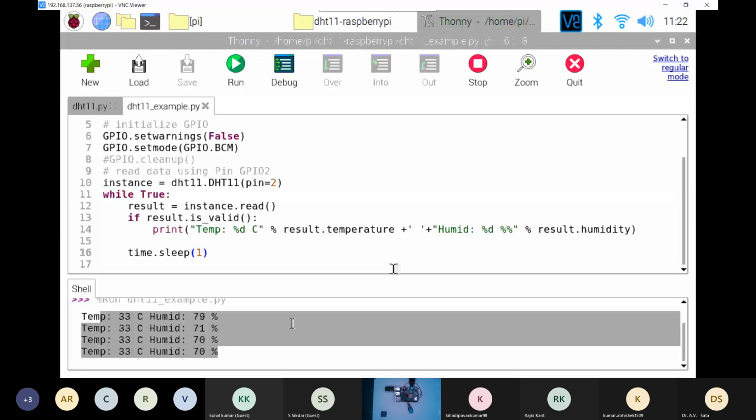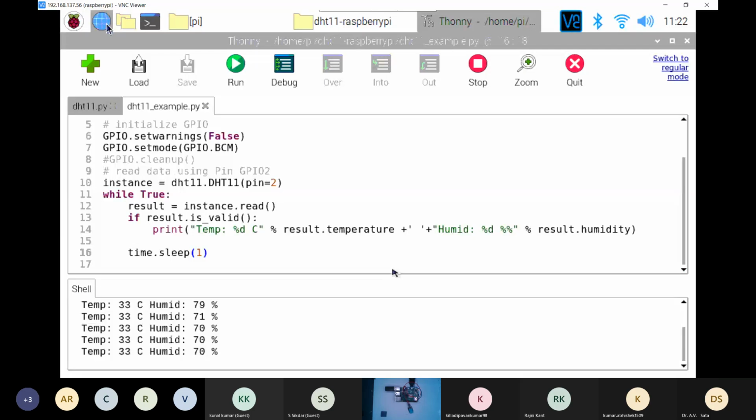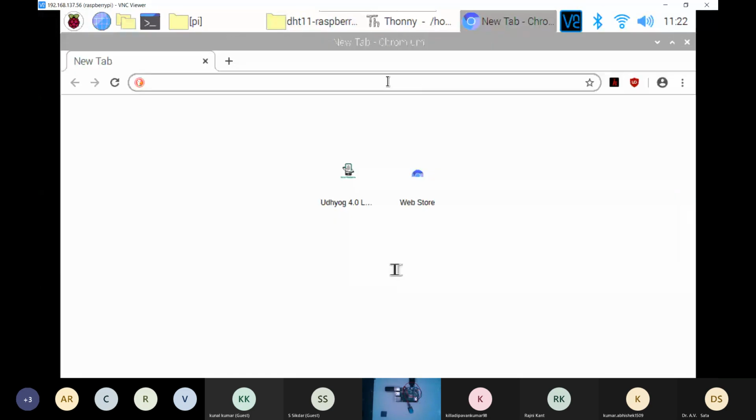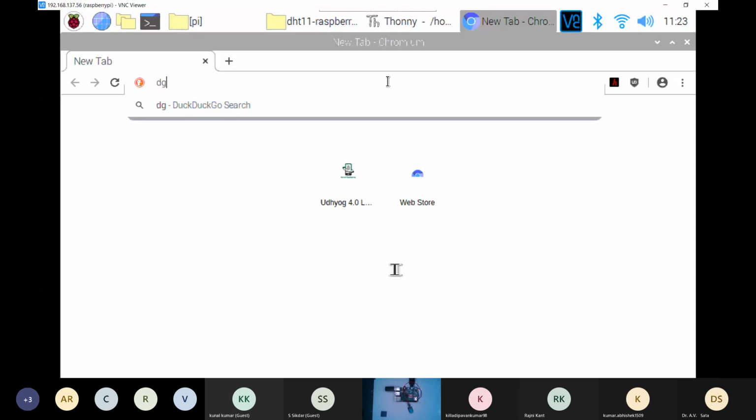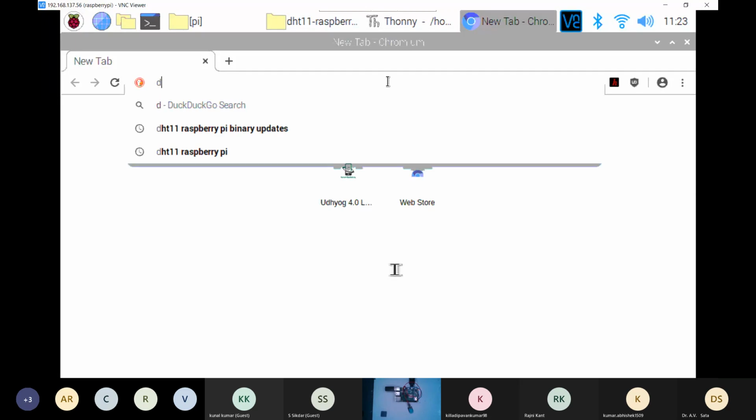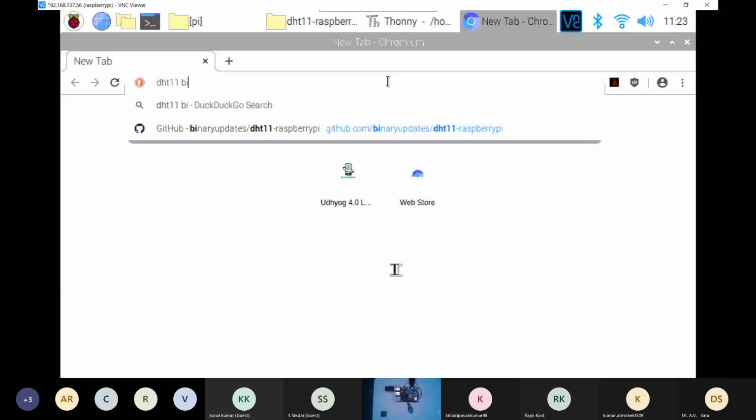Also, we have downloaded it from the DHT11 binary of which we have shown over.